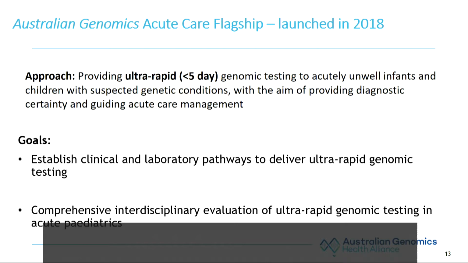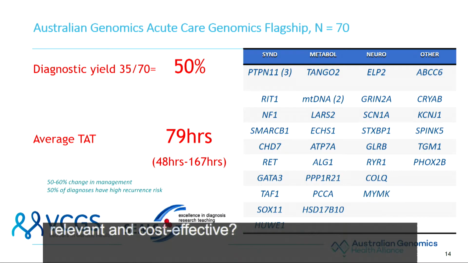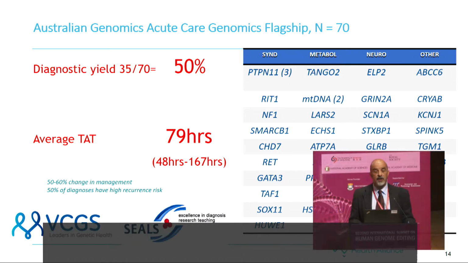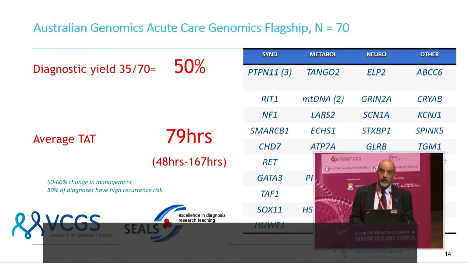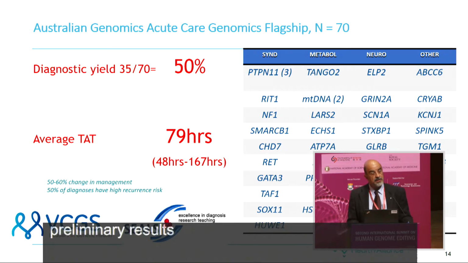But equally important is this of relevance from a clinical perspective, and is it cost effective? And so this is a project that's currently underway. We began in February of this year, and our preliminary results so far, we've done 70, and we are using a trio whole exome approach. So the affected proband and both parents are being sequenced simultaneously. And we're very pleased with the outcome so far, where we have so far a 50% diagnostic yield,